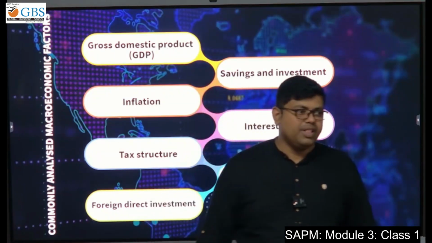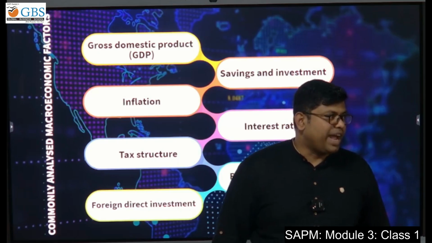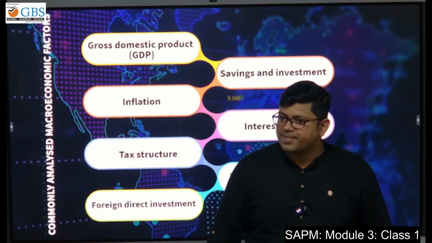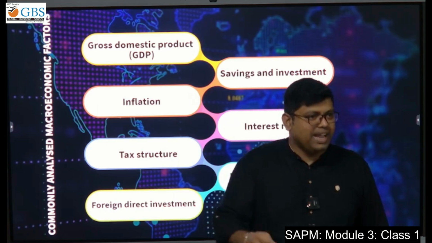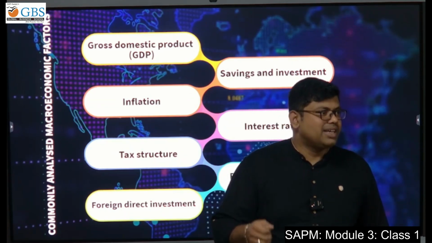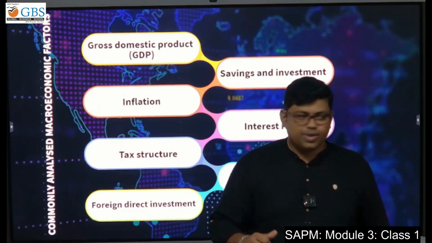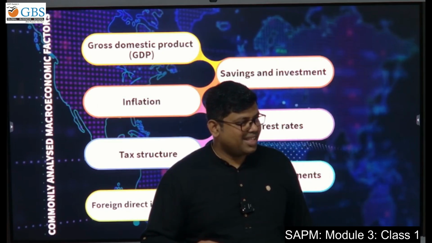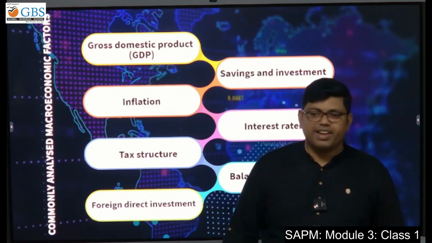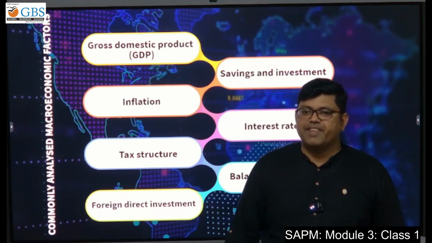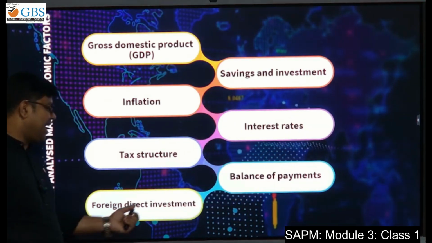Buying an iPhone, you indirectly support the rise of the US dollar. Are you understanding? You may not realize it when you buy, but indirectly you are increasing the value of the US dollar. If you buy gold also, why, sir? Because we import gold. Now if there is buying pressure and we don't have enough, what do we do? We import.